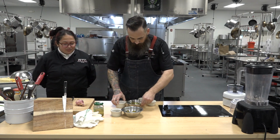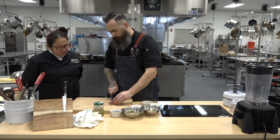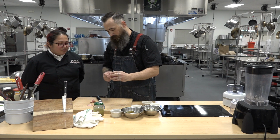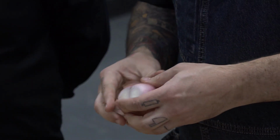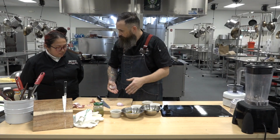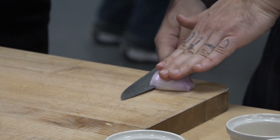So with this shallot, let me show you real quick, Emily. It's a type of onion, but they're kind of difficult to cut if you've never cut one before, just because they're a really funky shape. So inside here is like 2 little miniature ones. You can see it's got like the base of like 2 onions. So I'm gonna cut through that outside skin that's holding them together. And then hopefully they'll separate perfectly. And it's kind of like you already have an onion cut in half. Does that make sense? So if you look at it, it's like we just cut an onion in half. So I would take it and then